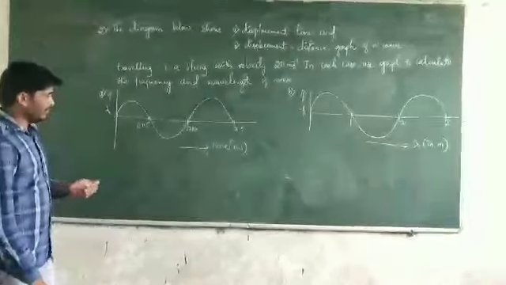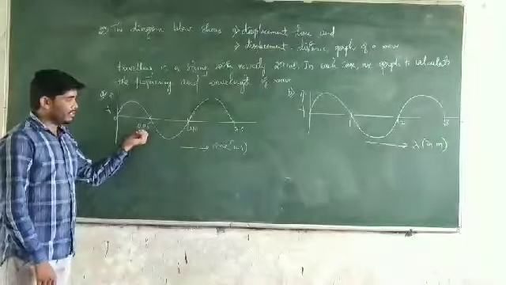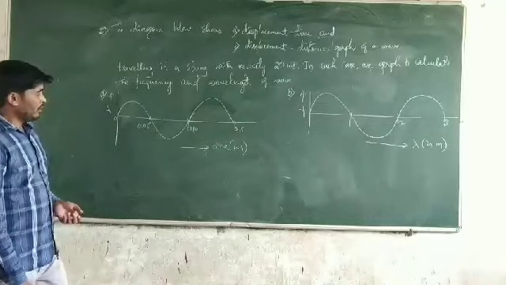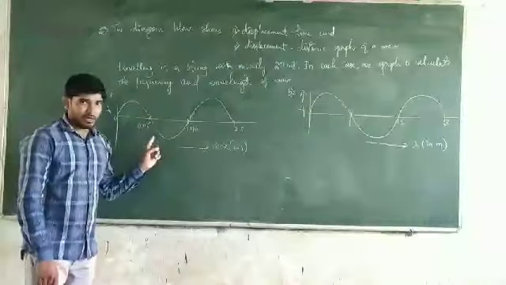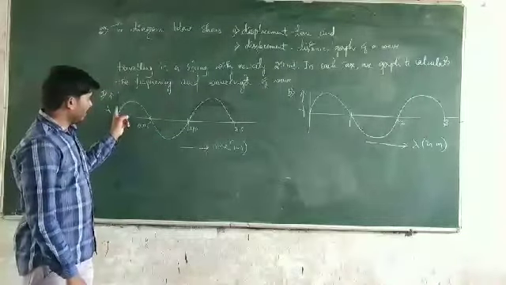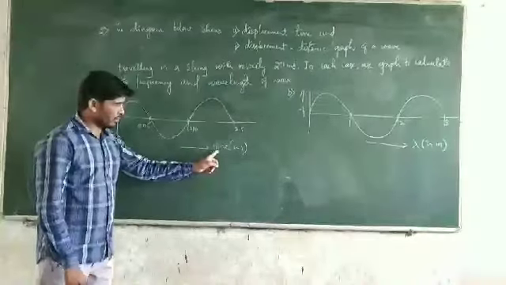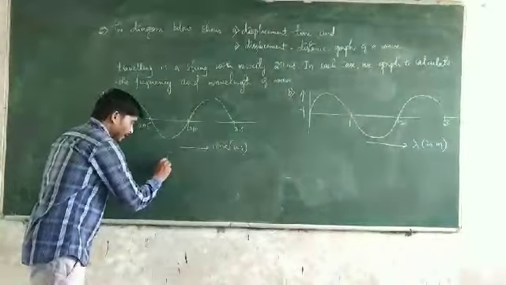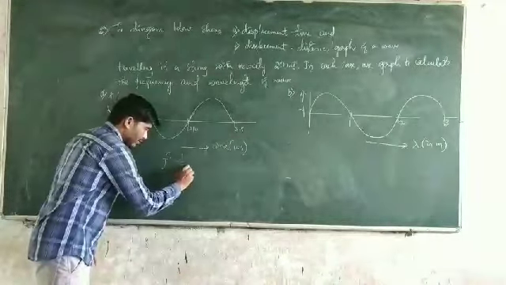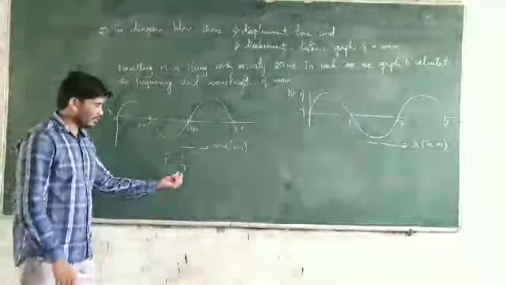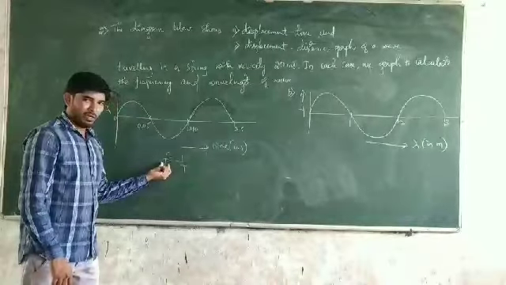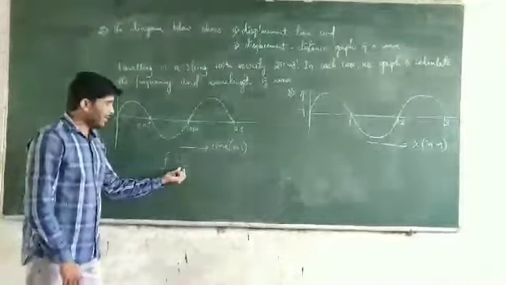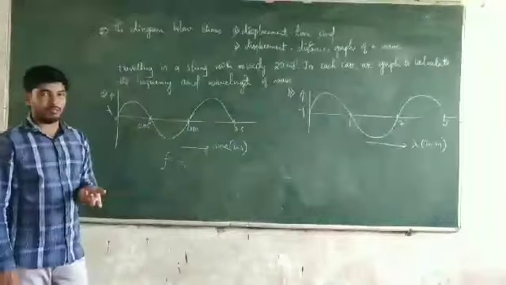So now calculate the frequency and the wavelength related to the first wave diagram. Look at the wave diagram correctly. Here it is given that along the x-axis we have taken time. Frequency and time period are inversely proportional to each other. So the relationship between time period and frequency is given as f is equal to 1 by T. So what is the time period of this wave diagram?